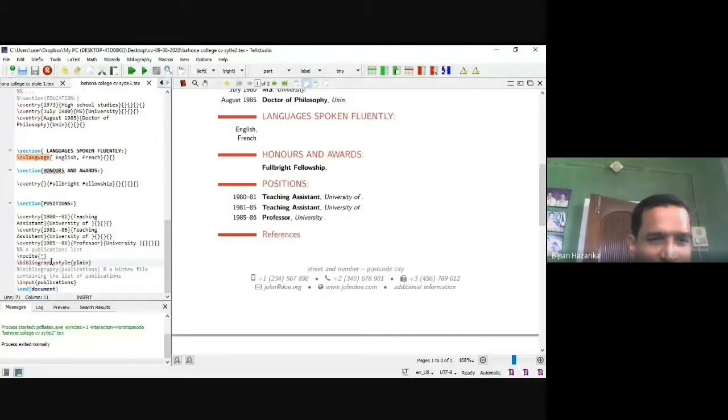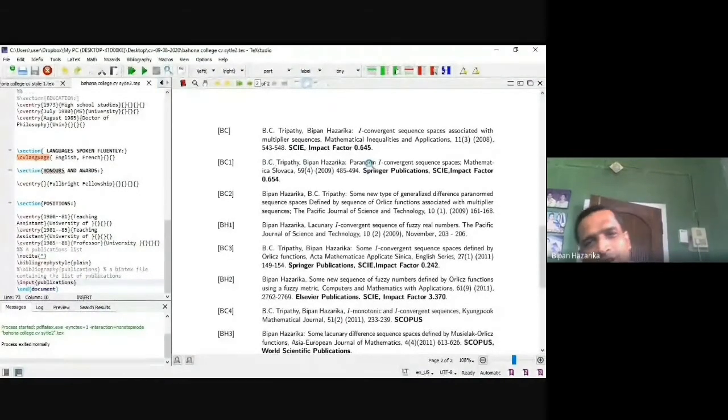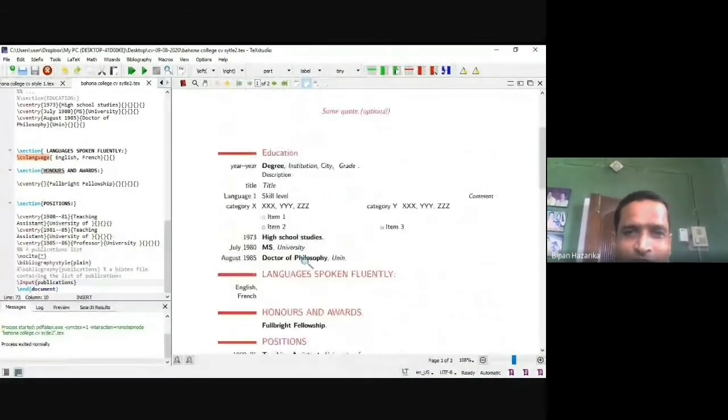After this there is no publication list here, no documents, but I put input publication, that means the input publication list is already in this folder. So if I run it, then the input publication is shown here. So these are the lists of publications I can add, or everybody can add. Now if you make these things in a Word file, there is no problem.